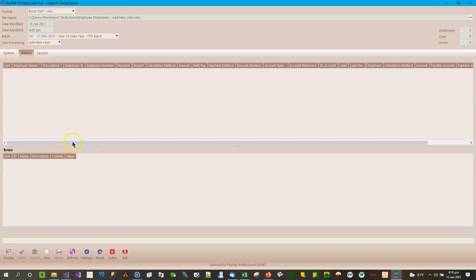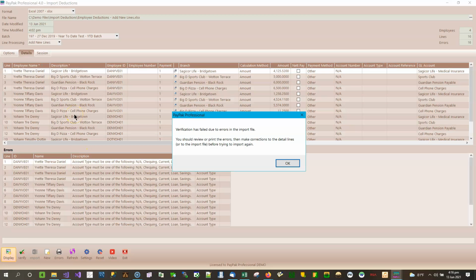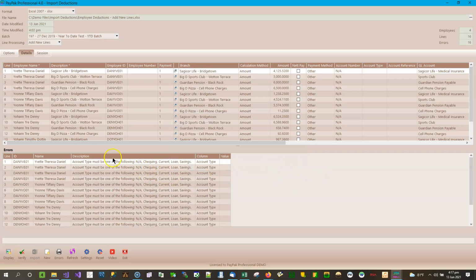The details section is there, and the next step is to click the display button and see what happens. So we click display. There's a validation process, and it is telling me that the verification has failed due to errors. You should review or print the errors, then make corrections to the detail lines and go again. Now I have 16 errors, so I'm going to click this,